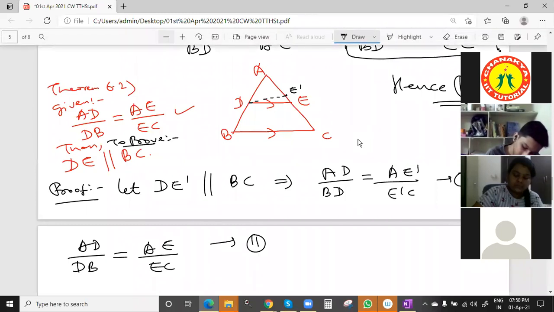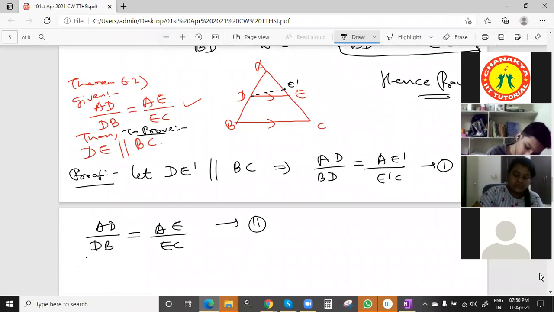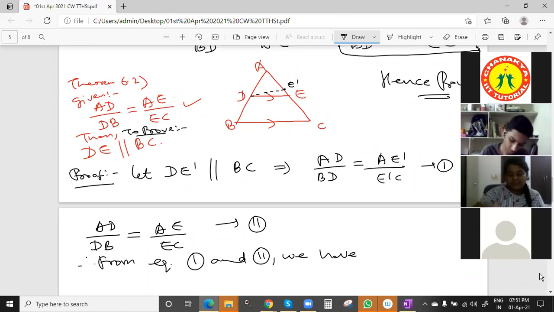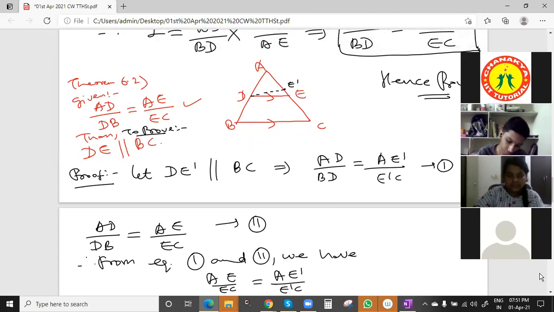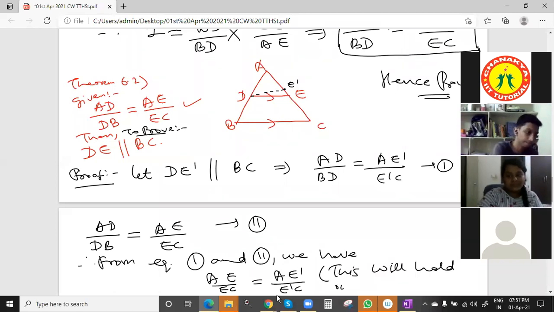So from equations 1 and 2, the left-hand sides are equal, so we can say AE by EC will be equal to AE dash by E dash C. This condition will hold only when